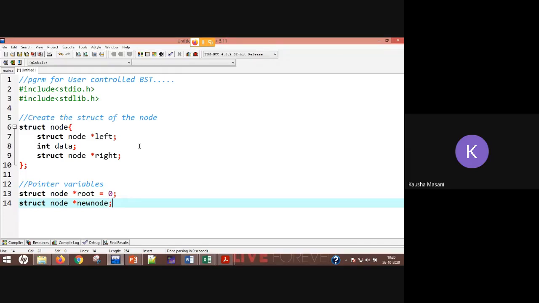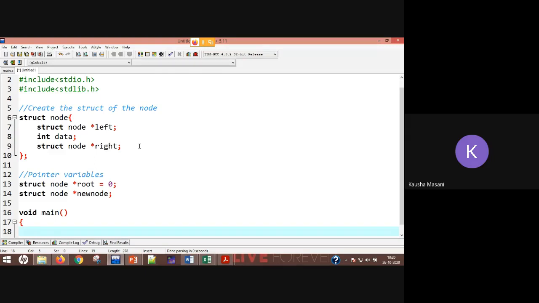This is what I am going to need. Fine. Now your void main. See, I am demonstrating how your recursive function calls are working. Struct node root is taken. Now this root is going to call one user defined function called create.